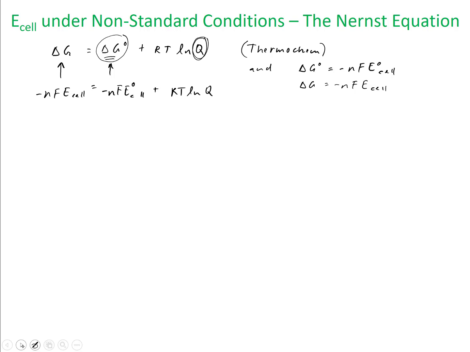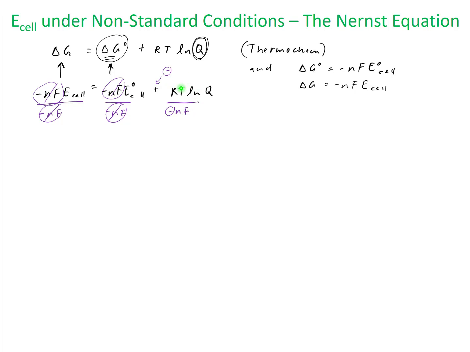So we're going to divide each term by negative nF. Okay, and then we get the following. So this here will drop out. This drops out right here. Okay, and then this becomes a negative because of this. And then this term actually here,